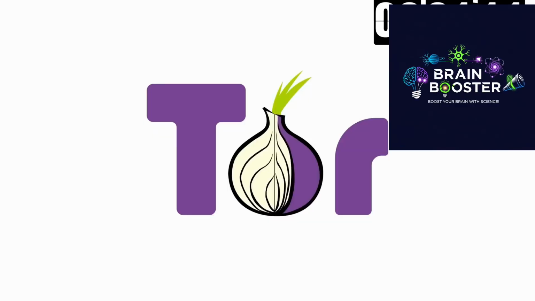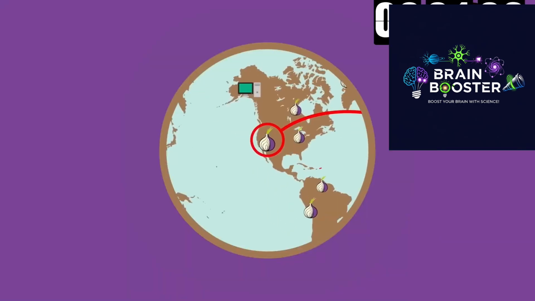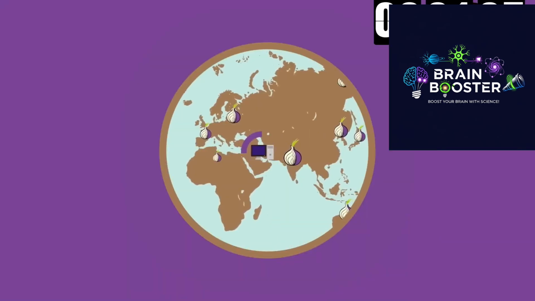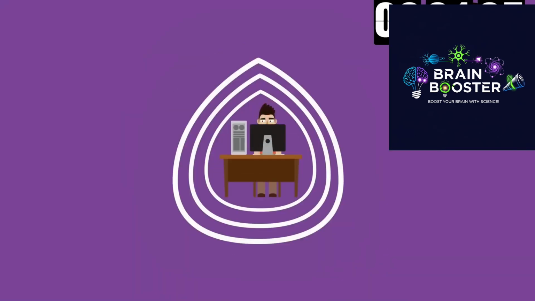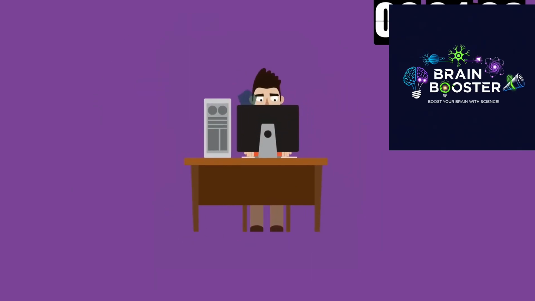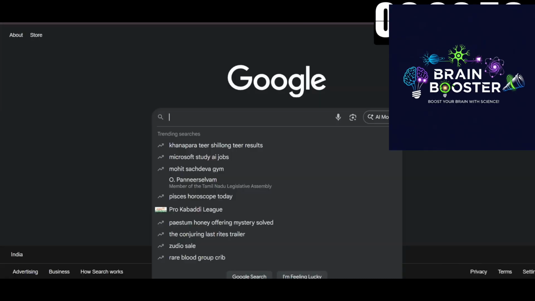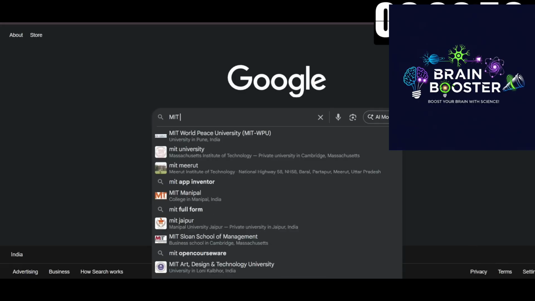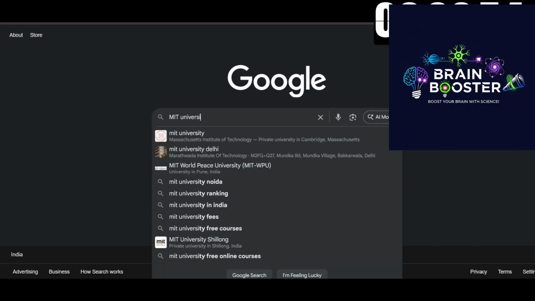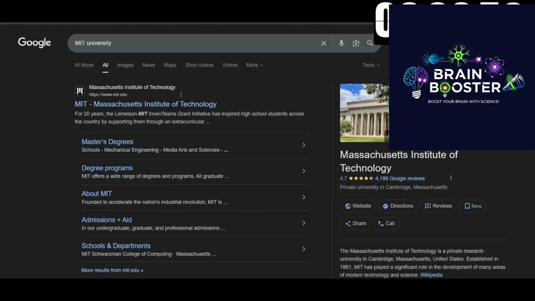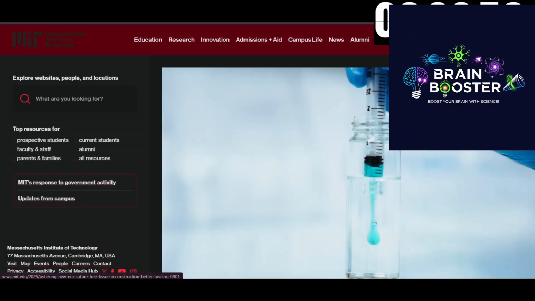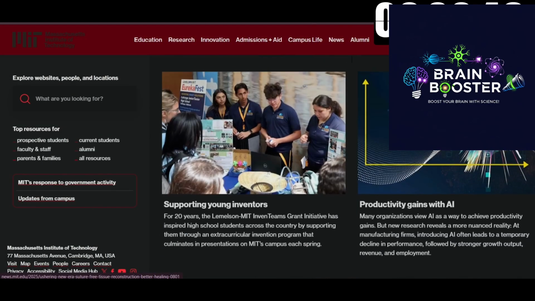Now, because there is multi-layer encryption here, it has been compared to an onion. Just like you peel off the skin of an onion, another skin comes out. In the same way, there is layer-on-layer encryption here too. And because of this multi-layer encryption, if you pay attention, the icon of the Tor browser is in the form of an onion. And this is the reason why the dark web websites are called onion websites.